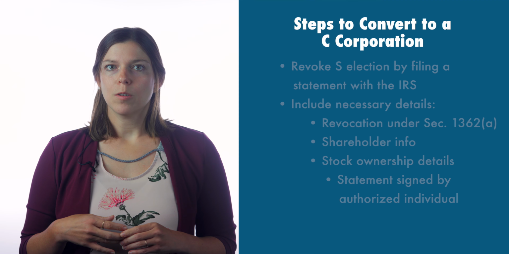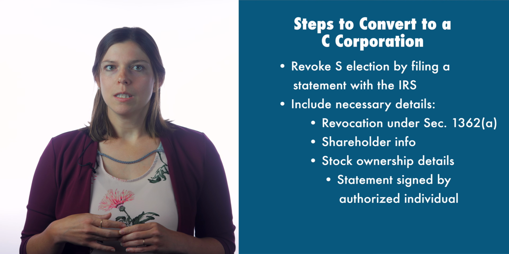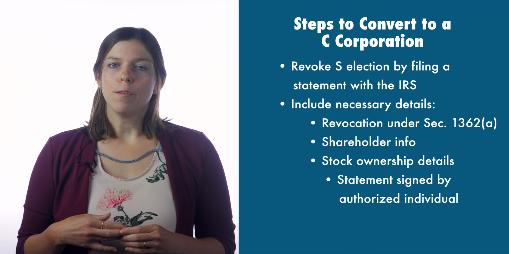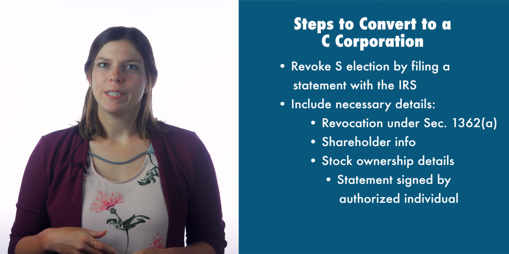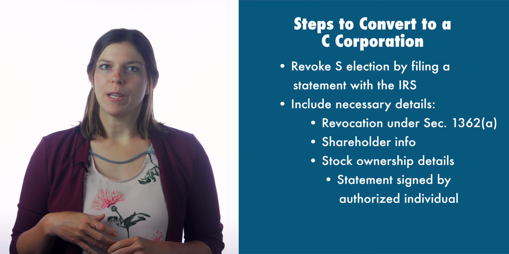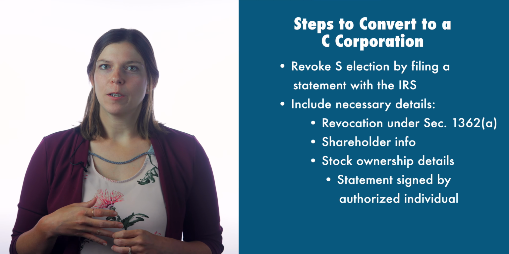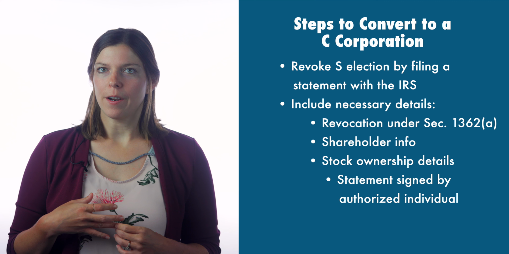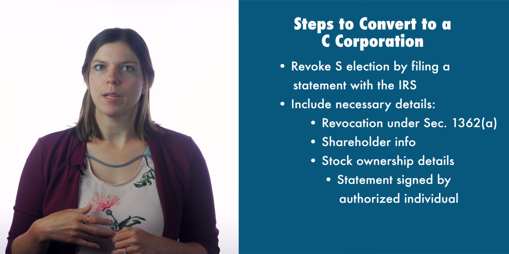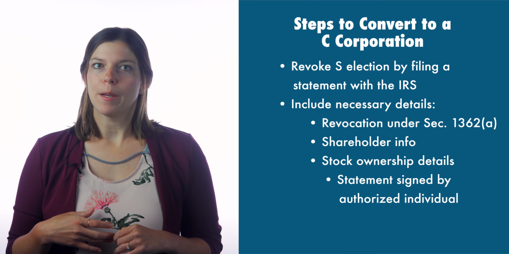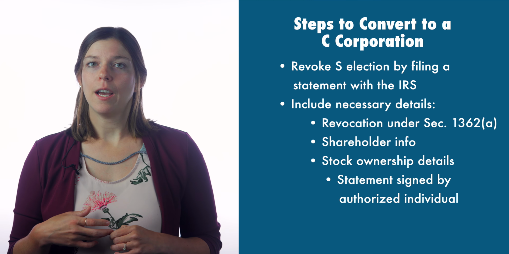To convert from an S corporation to a C corporation, the process is relatively simple, but there are a few steps that you need to follow. To become an S corporation, an entity would have previously filed an S election on Form 2553. To revoke this, the corporation needs to file a statement with the IRS Service Center where the corporation previously filed its Form 2553. The statement needs to be signed by a person authorized to sign the entity's tax return and